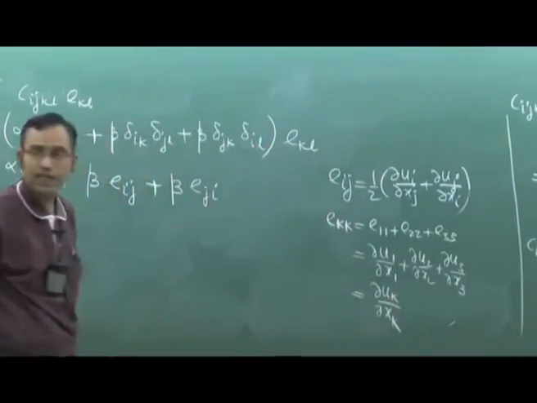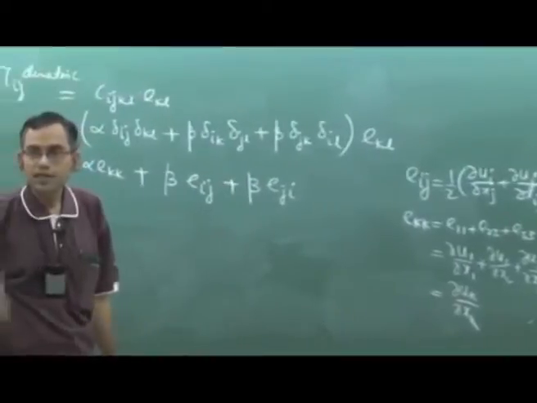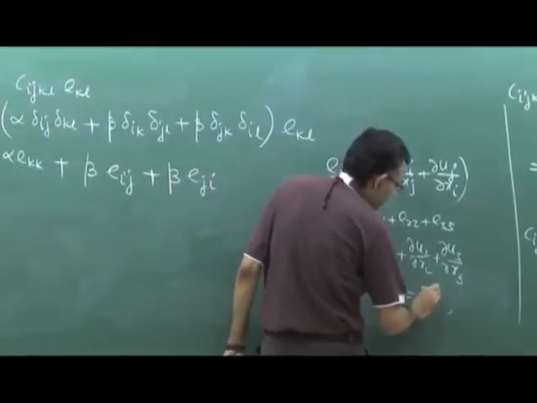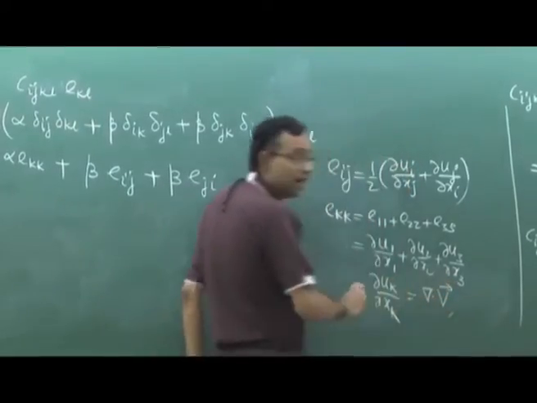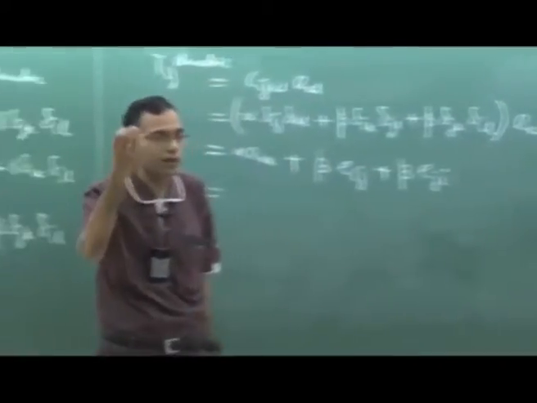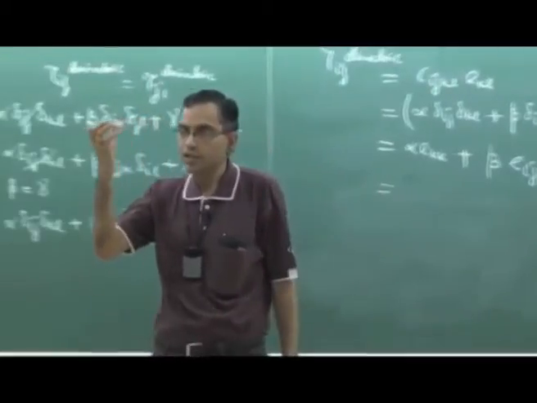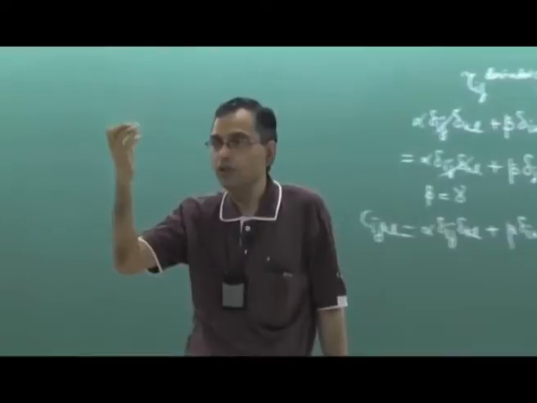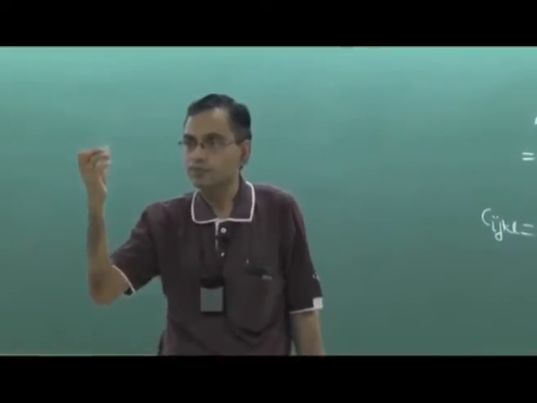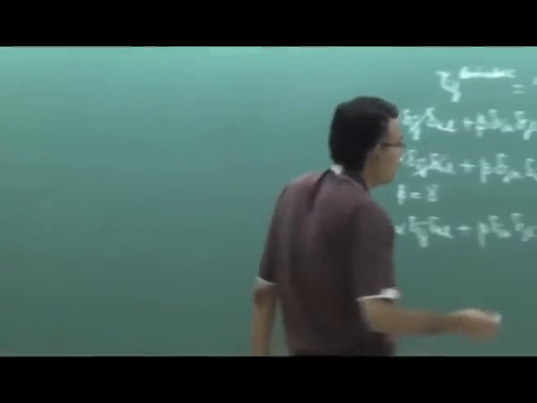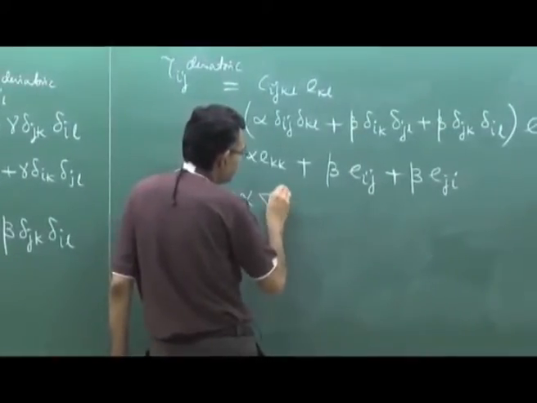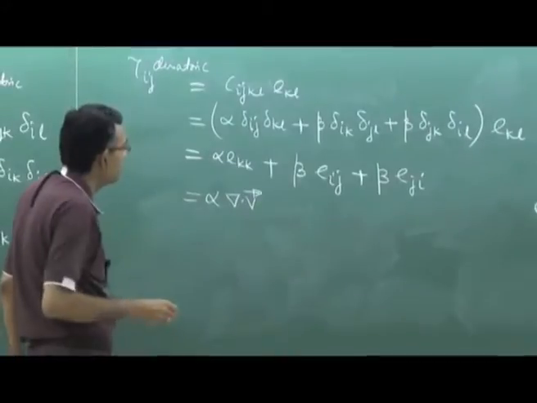But what is this physically? This is the divergence of the velocity vector. So this, as we have discussed earlier, relates to volumetric deformation of the fluid. This relates to the volumetric strain, the rate of change of volume per unit volume. So alpha is related to the volumetric deformation plus